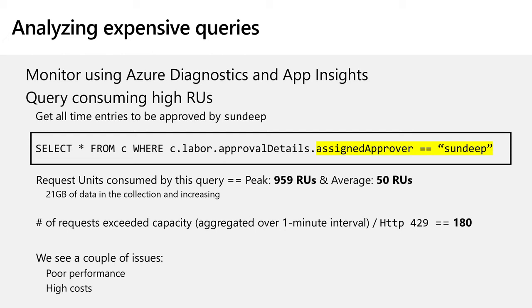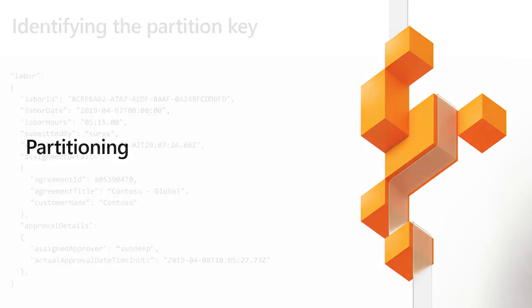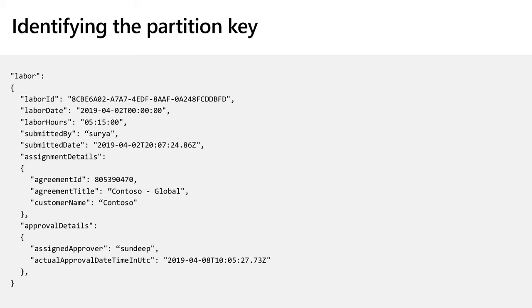So what do we do? How do we optimize this? Let's look at it, and that gets into the next section called partitioning. This will help us not only scale out, but also reduce the number of RUs some of those queries are taking. So let's look at the document for the use case today, which is a labor document, and it has certain attributes in it. I use the embedded model here. There are two models, embedded and referencing.